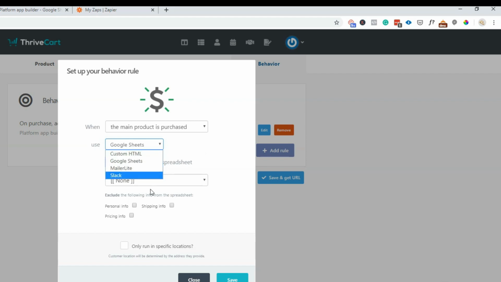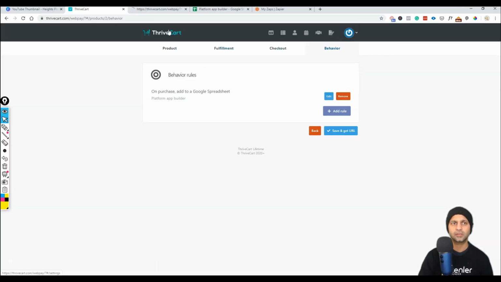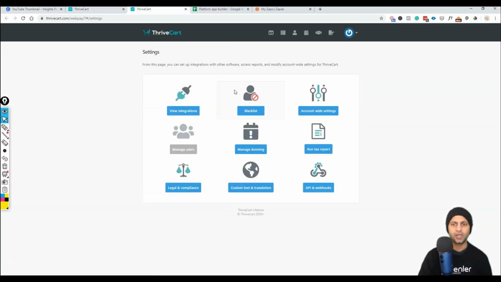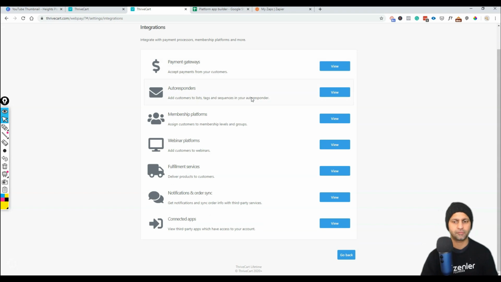If for some reason you don't see it here, then what you need to do is go into your account settings. I'm going to open the settings in a new tab, and then you're going to go to integrations, I think, view integrations, and here you can select the integration that you want to do. I think it comes direct integrated with Google Sheets, but if you don't see it for some reason, you can connect it right here. So you can connect your payment gateways, autoresponders, that will be your MailerLite, or